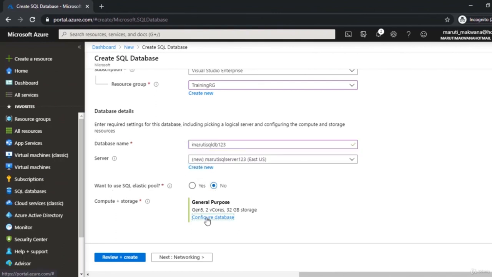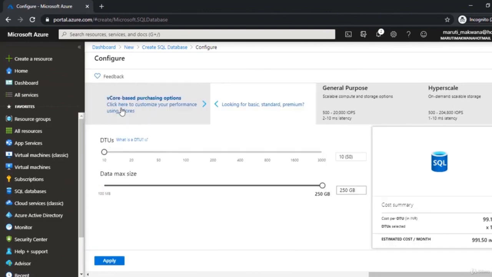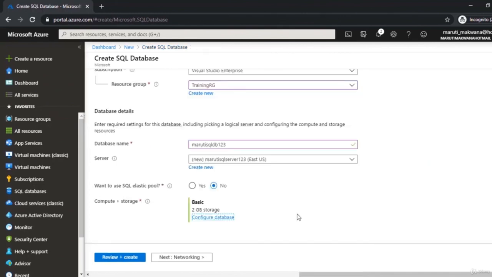And I also want to change the size of my database to a smaller one. So I'll click on basic, and then I'll create a 2 GB database, which is available here with 5 DTU. DTU stands for data transaction unit, which allows me to control the number of queries executed in this. I'm moving forward